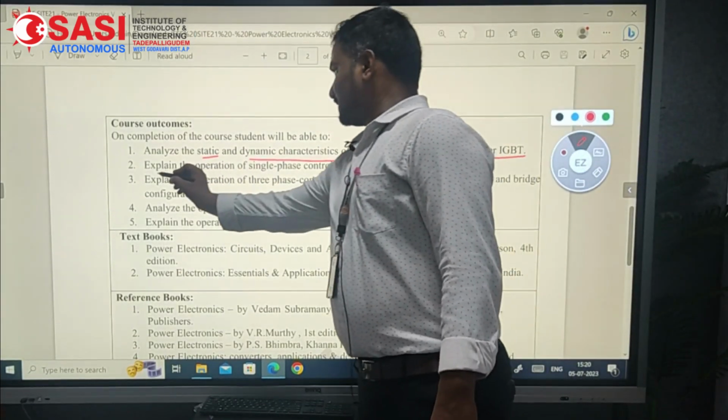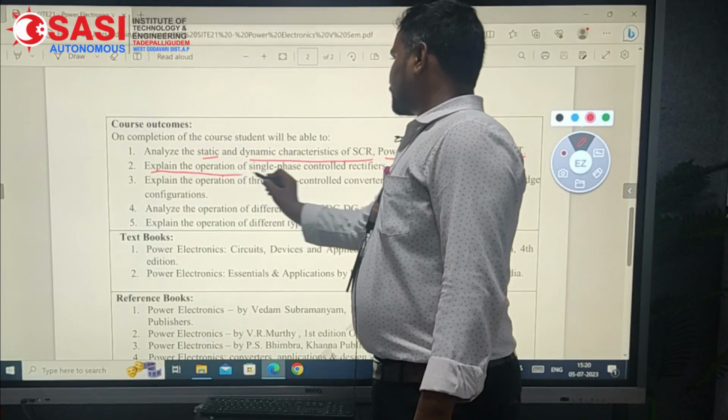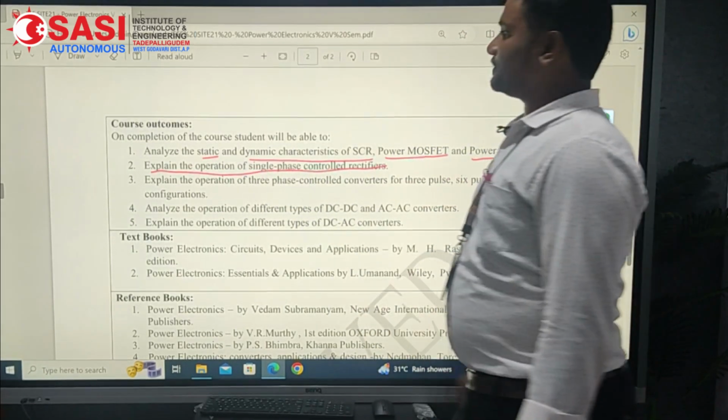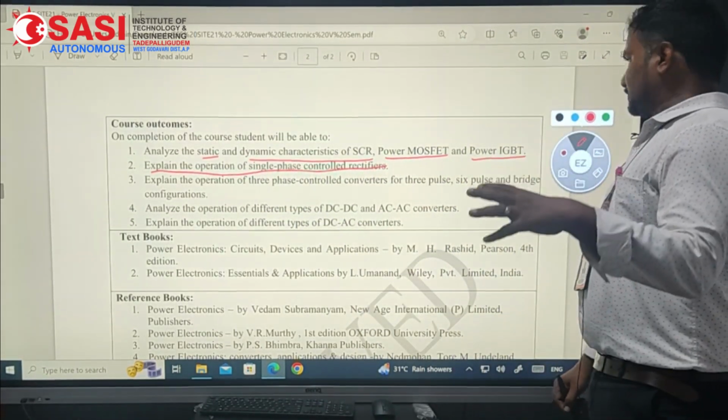And also students are able to explain the operation of single phase controlled rectifiers, with uncontrolled and controlled